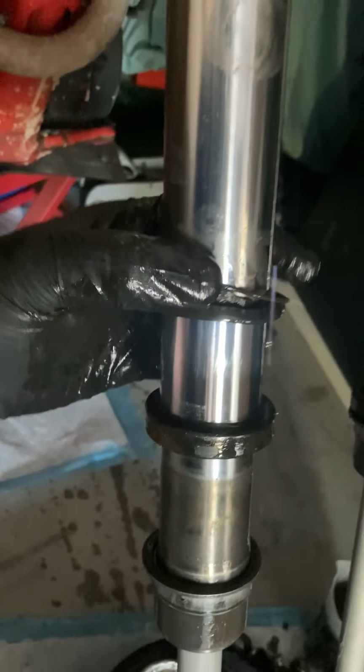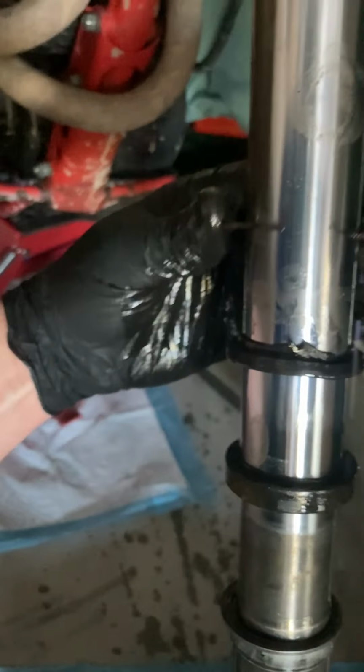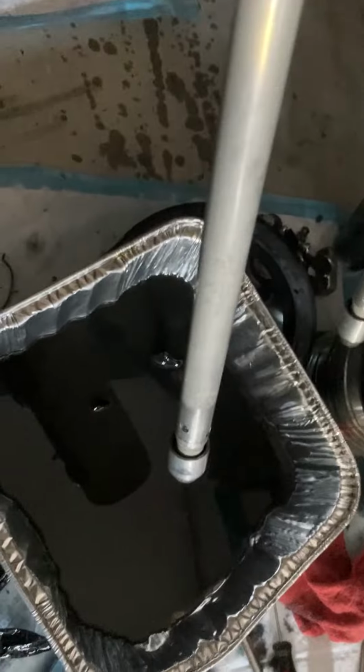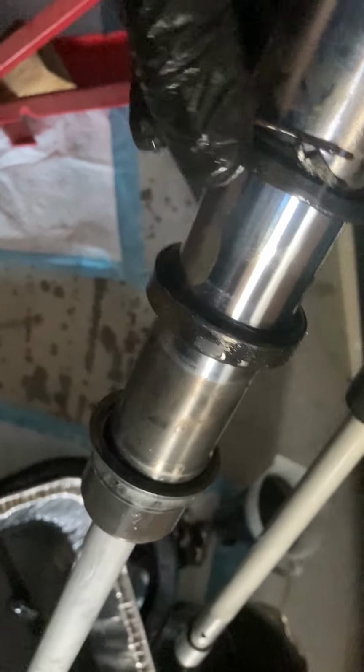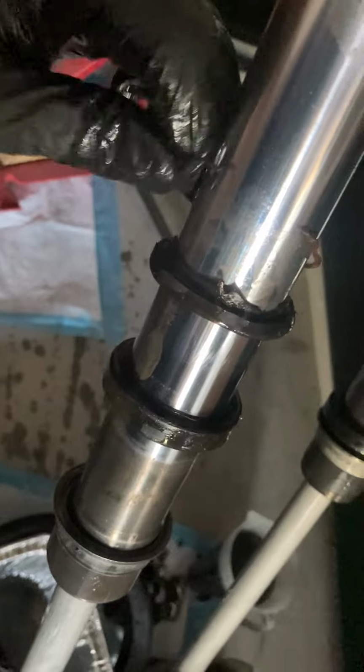inside the bottom of the fork on this end right here, there'll be this little clip. It's a metal clip. You can see it's naturally split. It sits in there, and it's distinctive in that it's kind of got little lobes to it. So you want to pry that off, and that sits on top of the dust seal. Once you pry this off, and it sits in a recessed edge inside of the bottom part of the fork,